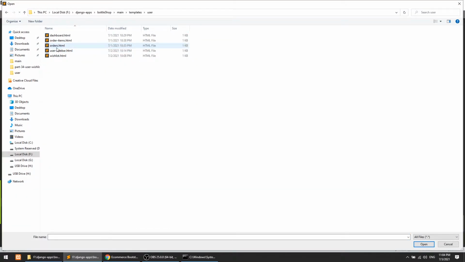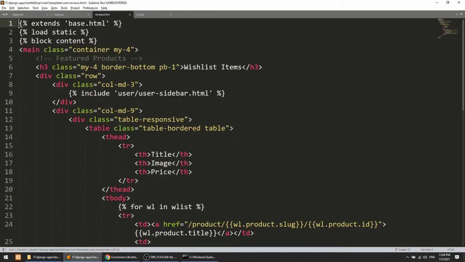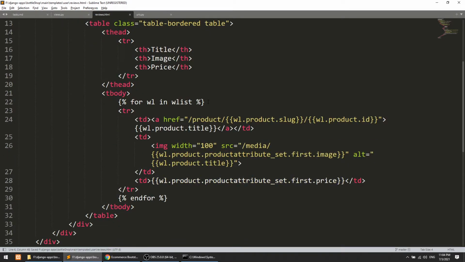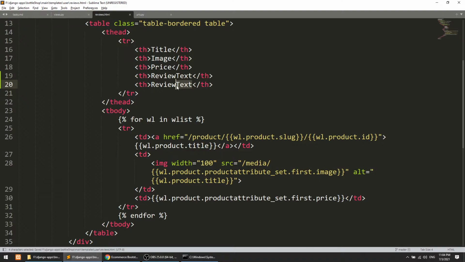Now open the templates folder, copy the wish list template, and paste it as reviews.html. We have review items here, with a title and an image. We don't need the price, it's not important. Here we will get the review text and the review rating.